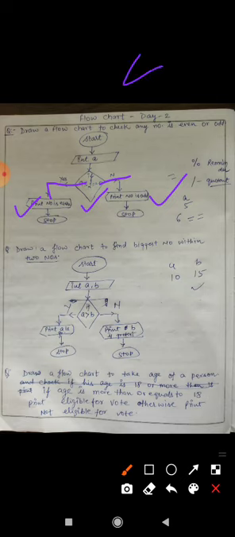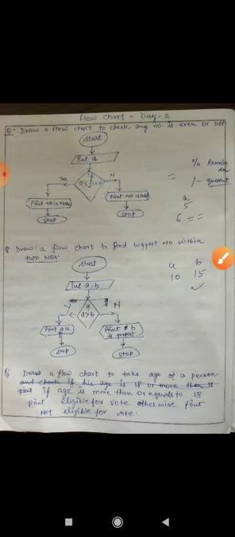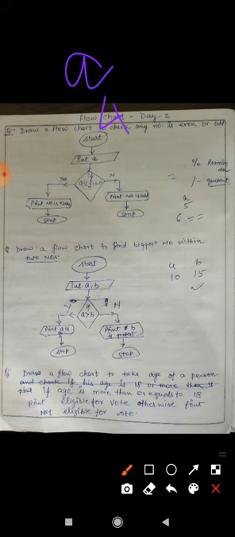Suppose you have taken 4. So what is in A? 4. So what will happen here? When you take 4 in A, it will check here. Now 4 modulus 2 means what? Remainder will be 0. Condition is true, you will come this side. And what will be the answer? Number is even, and stop.